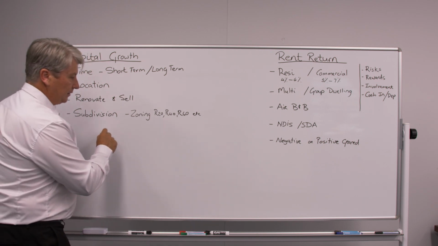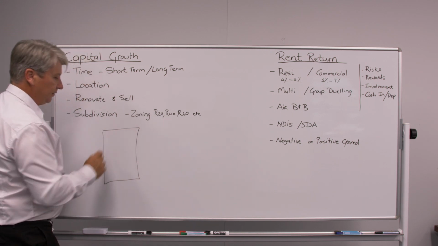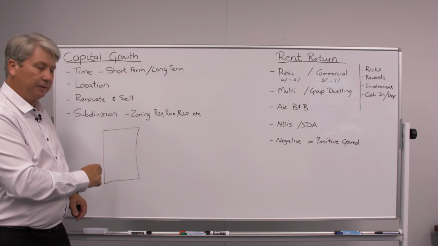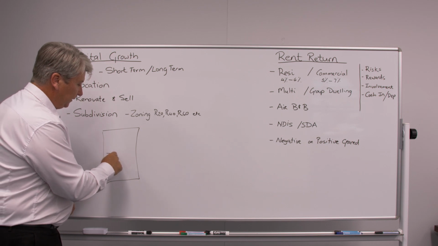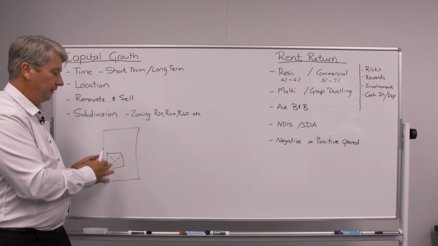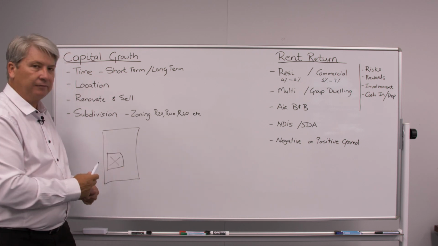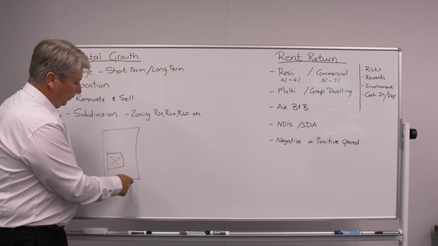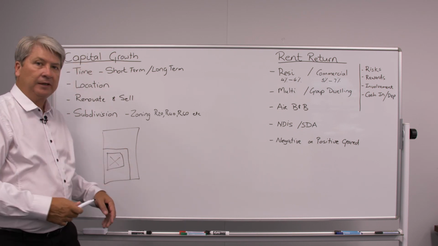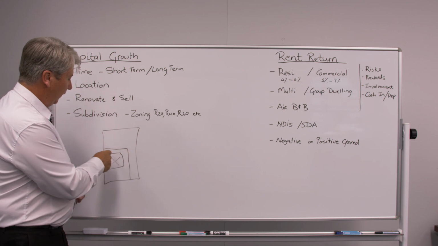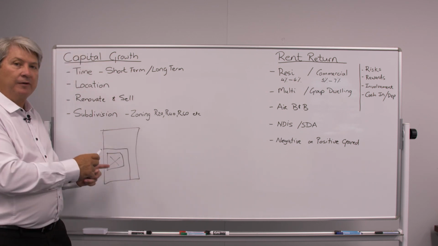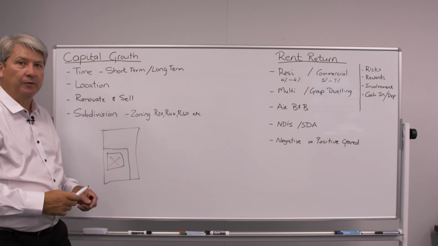Now, one of the best forms of subdivision that I've seen in the last few years is if you can find a property where there's already an existing house on, and that existing house is allocated in that piece of land in such a way that you could actually either knock down the garage or the carport, have a driveway, and then subdivide and have a block at the back as probably one of the best ways for capital growth.